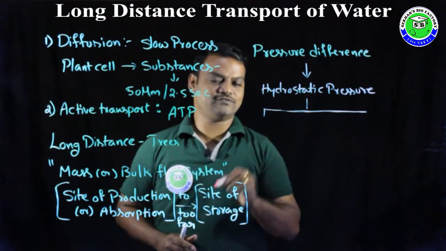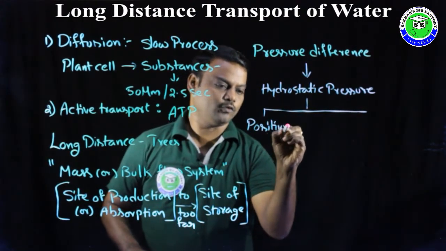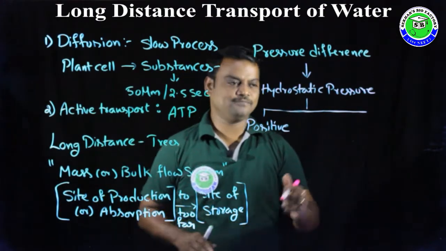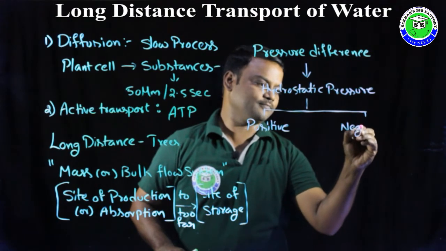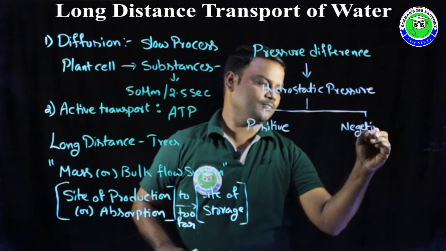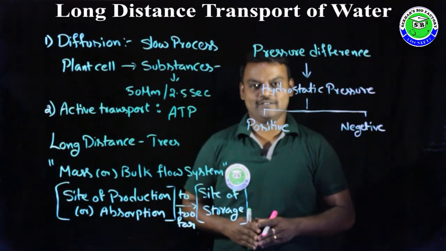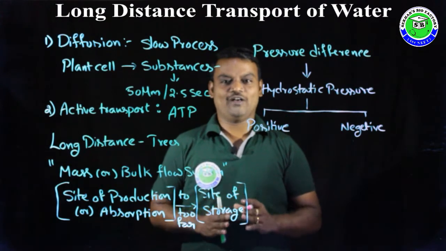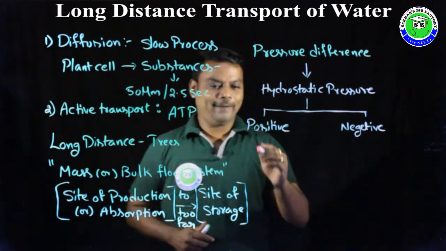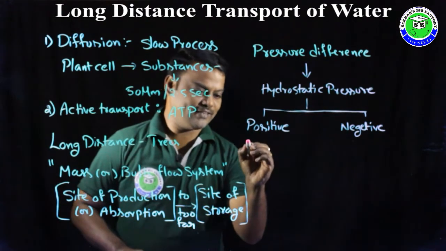And this hydrostatic pressure can be seen in two ways. In this, the first one is positive hydrostatic pressure and negative hydrostatic pressure. So both positive and negative hydrostatic pressure are helpful for the transportation of substances for long distance. By taking one example for positive hydrostatic pressure, the best example,